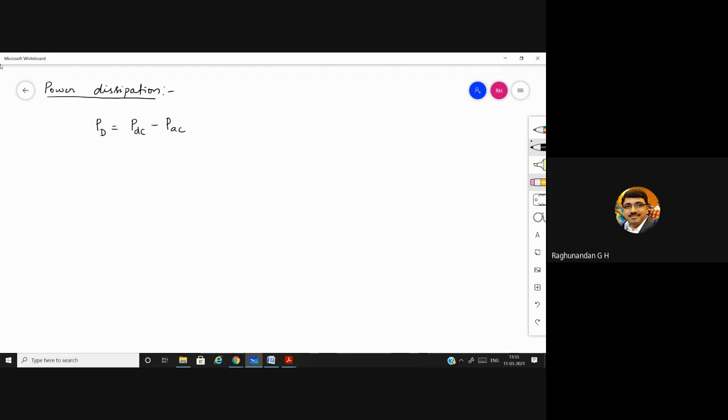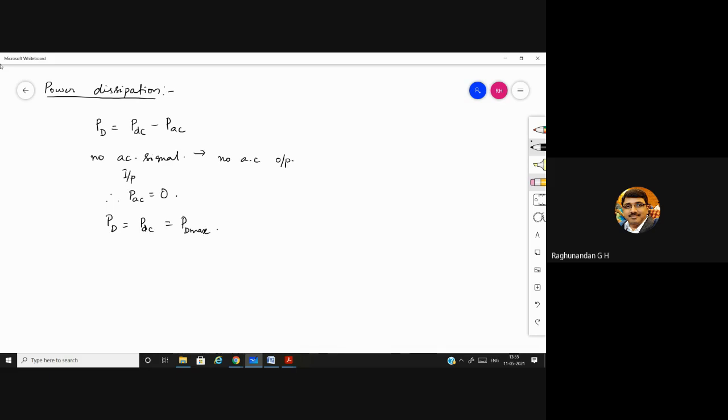Suppose, let us assume that there is no AC signal. We don't have any AC signal. Then obviously there will be no AC output. When we don't have an AC input signal, obviously there is no AC output signal. So during that time, we can take PAC equal to 0. So when PAC is equal to 0, the above equation becomes PD equal to PDC, which is the maximum